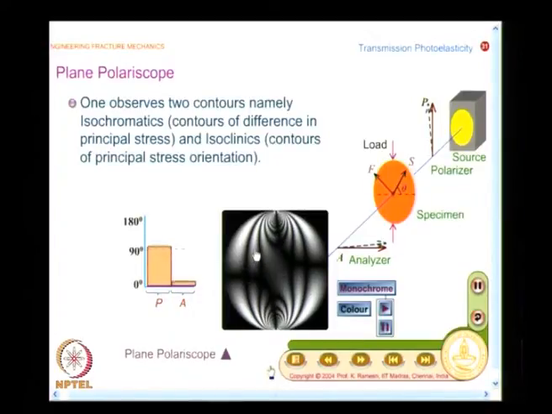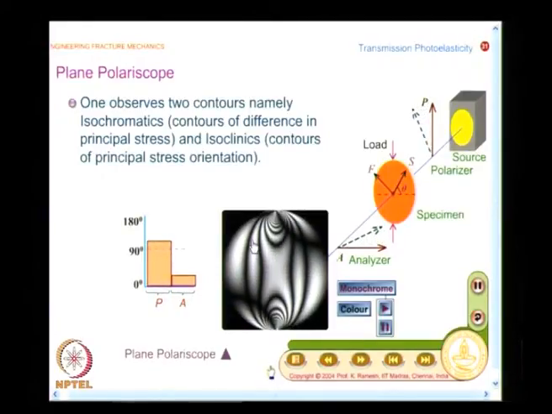So, the reason why we go for a circular disc is mainly that when I want to develop the concept of photoelasticity, I want to show you isoclinics, I want to show you isochromatics, and emphasize the fact that when I rotate the polarizer analyzer combination, the isoclinic sweeps the model. Not only this, later we will develop compensation techniques to find the fractional fringe order at a point of interest, and there again the circular disc comes very handy. We have already seen in chapter 1 the stress field equation for a circular disc under diametric compression. Using theory of elasticity, it is possible to get the solution.